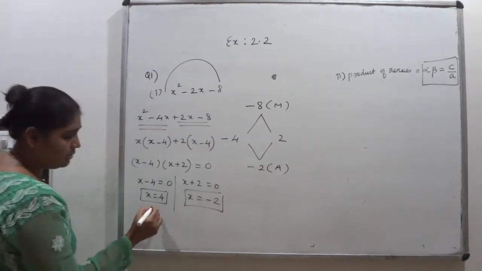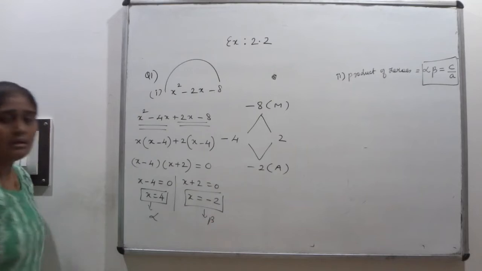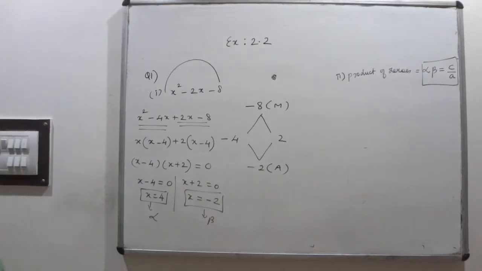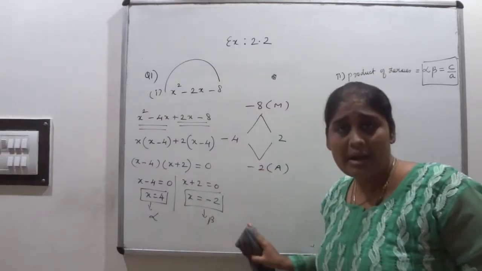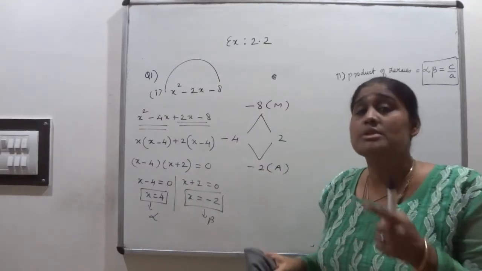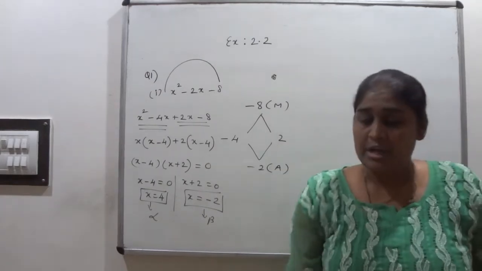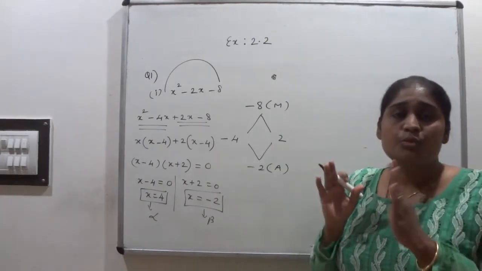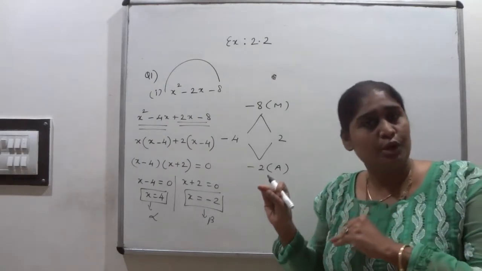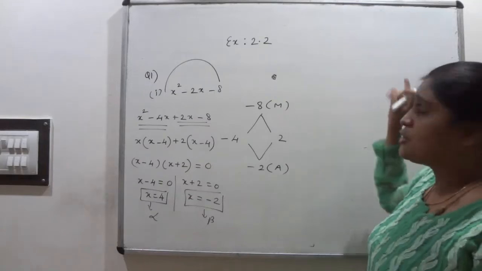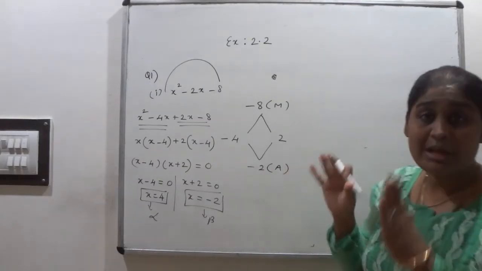So any one I am taking representing alpha and another one is beta, right? And I am going to use that. In the question it is given to you, find the zeros of the quadratic equation and verify the zeros and coefficient. You know that, just now only I explained. In verify the zeros and coefficient, what you have to do: sum of zeros, that is alpha plus beta, which is equal to minus b by a, product of zeros, that is alpha into beta, which is equal to c upon a. You have to verify it.